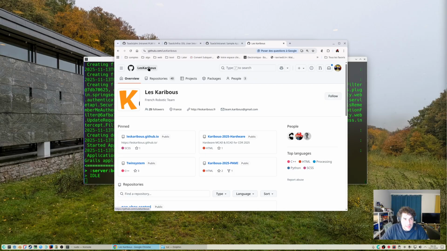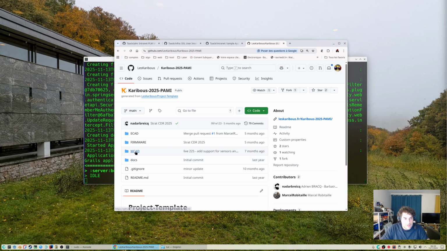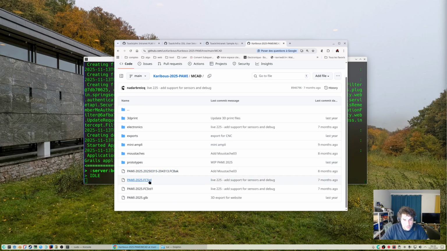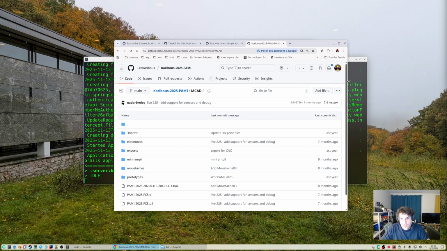Inside the repository Le Caribou, you have many files with interesting parts, FreeCAD files. We will test them in our PLM.